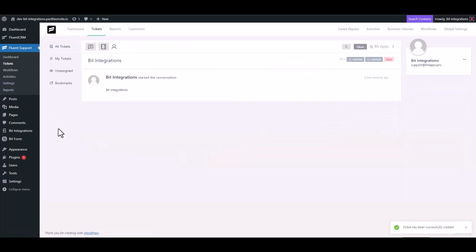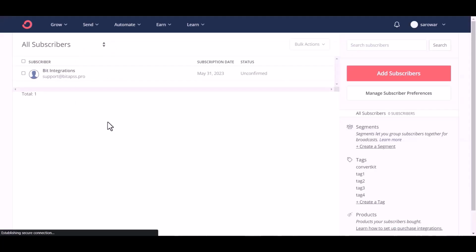Ticket created successfully. Now go to ConvertKit site. And you can see the data came successfully in the